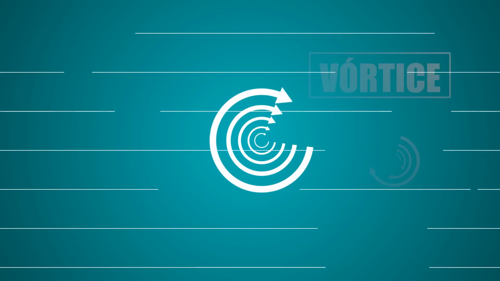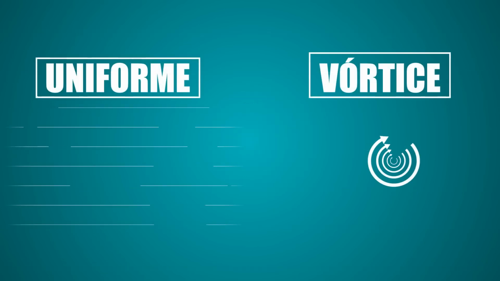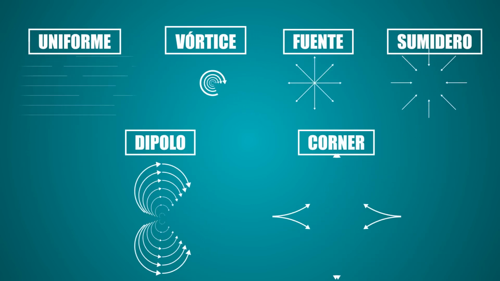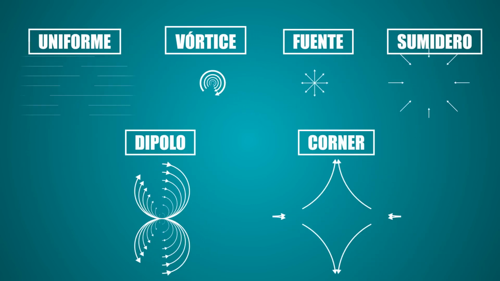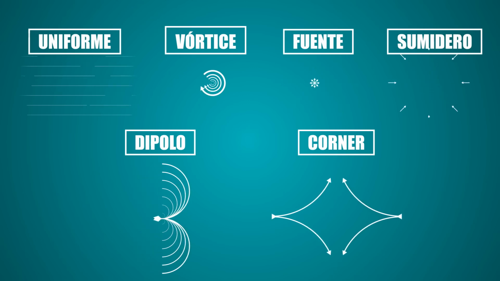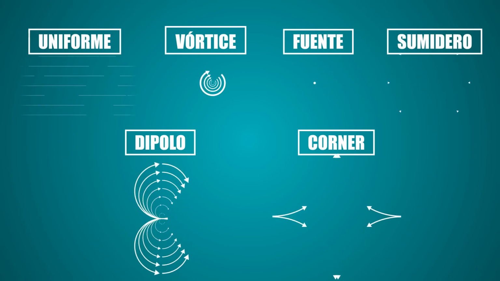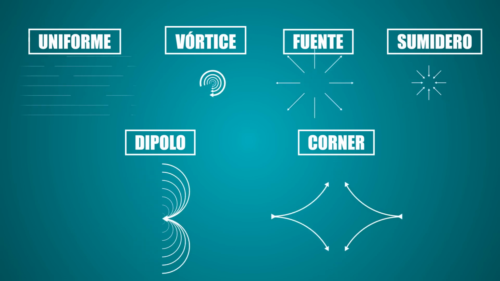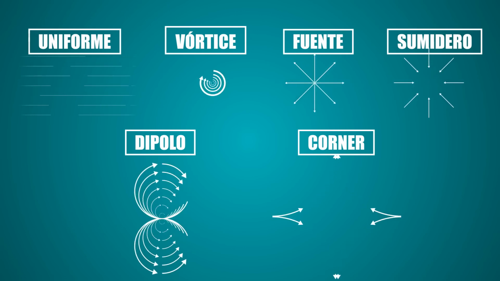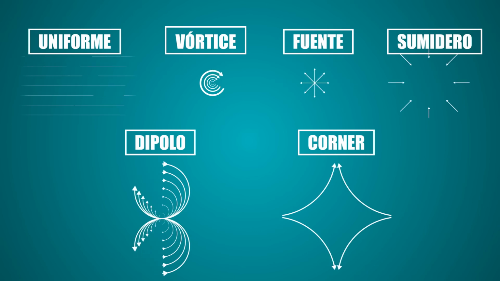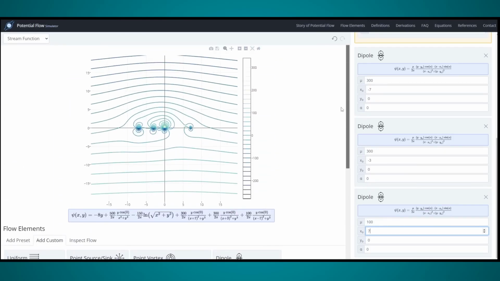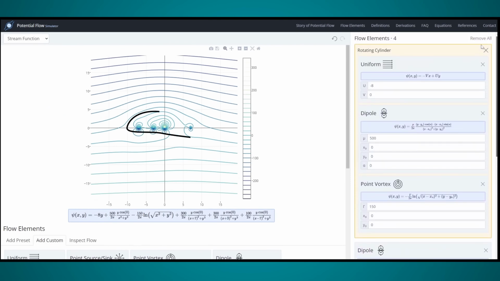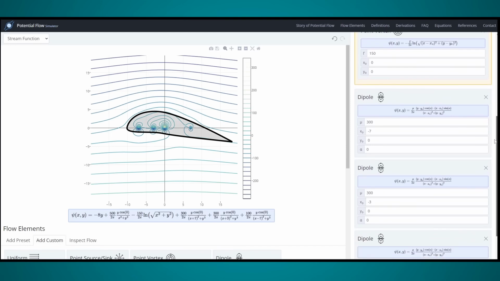Well, to these two types of patterns, the uniform velocity and the vortex, you also have to add the sink and source pattern, the dipole pattern, and the corner pattern. By combining these patterns, you can generate practically any shape you want. For example, an airfoil profile. So yes, in potential flow, what you do is create an airfoil profile by combining the different patterns. Here's my attempt at representing it on the website. As you can see, it's not a perfect profile since I only spent 5 minutes on it, but this would